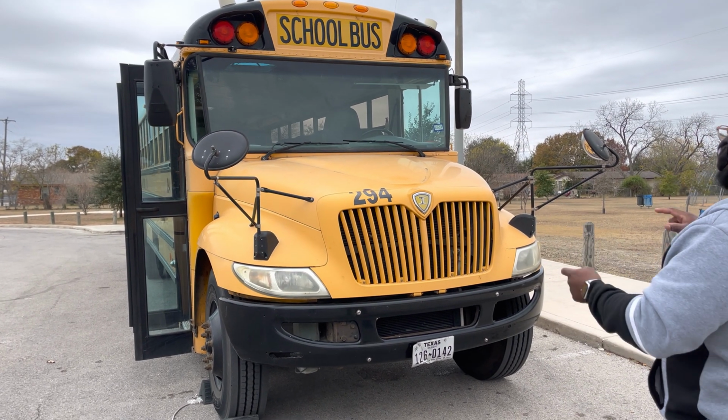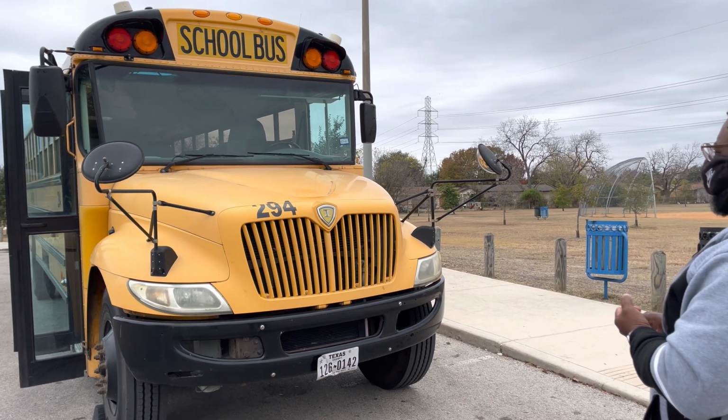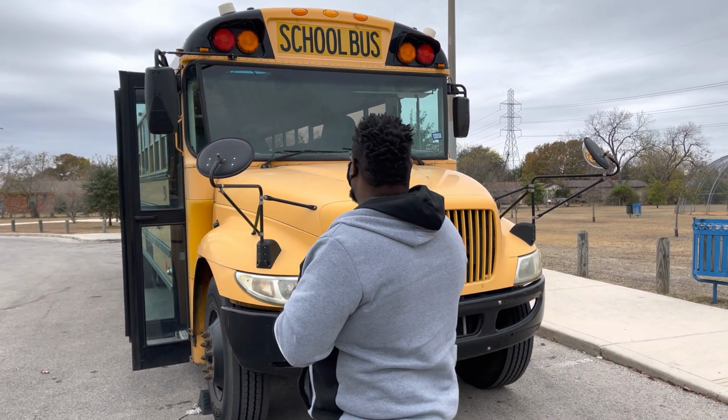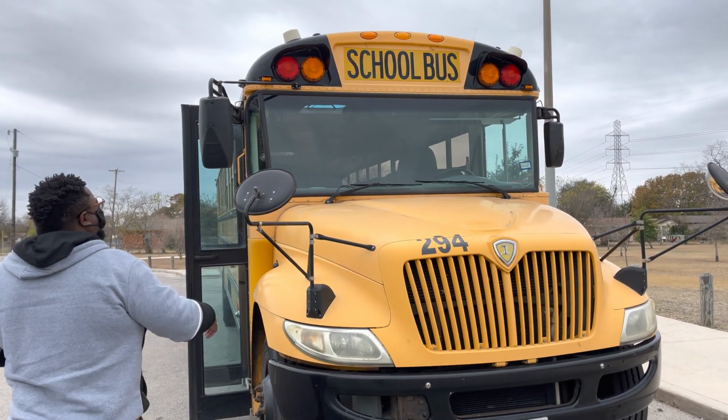We have our windshield. It is free of any cracks, any damage, any debris, no obstructions. Then we have our windshield wipers. They're securely mounted, no loose feelings, and they're clean. We're gonna now go to